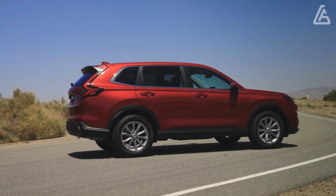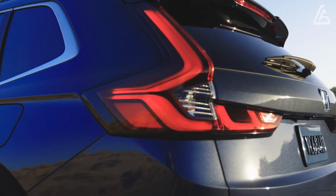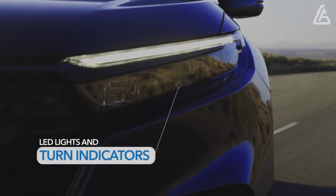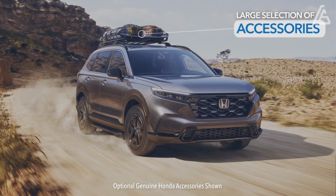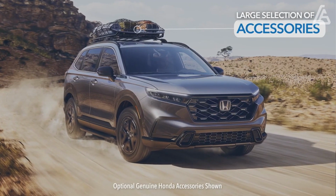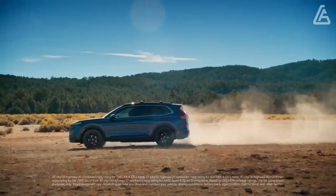$33,695 starting price and delivers an EPA-estimated 43 miles per gallon in the city, beating the Toyota RAV4 hybrid's city rating, and it comes with snappy black exterior accents, black 18-inch wheels, and a leather-wrapped steering wheel. The Sport Touring hybrid is more expensive but comes standard with all-wheel drive and a large group of luxury features that